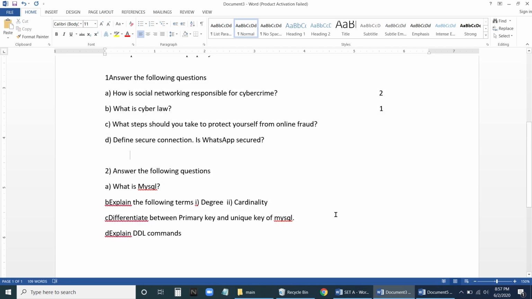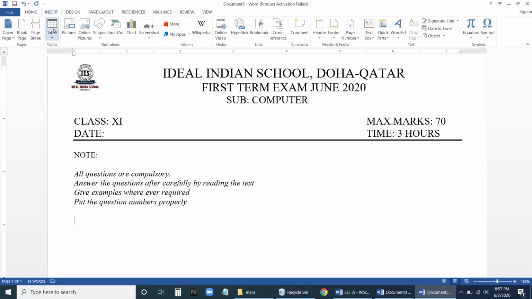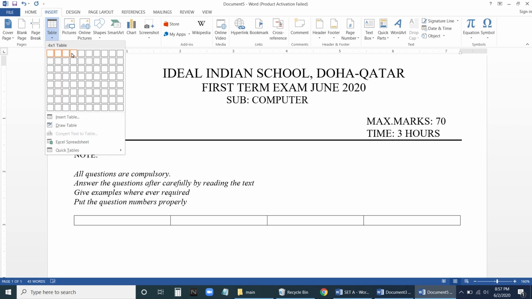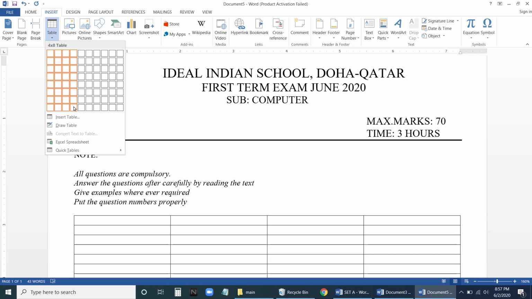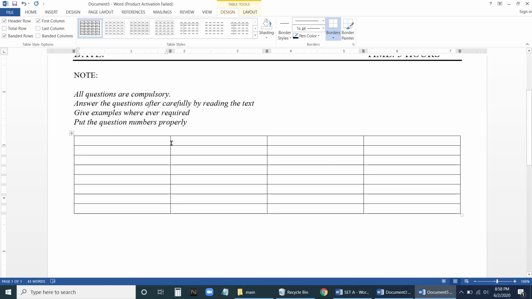So to have the questions, I'll come back to my question paper here. I will insert a table here. Insert table. Select 4 columns in this. See here, I have selected 4 columns. Then select some rows. Don't select everything. Just select only 4 columns. Later we can add if we want. So select on this. Once we select it, adjust it like this. Keep one on this side, and another one for the sub question. I'll explain why it is required.